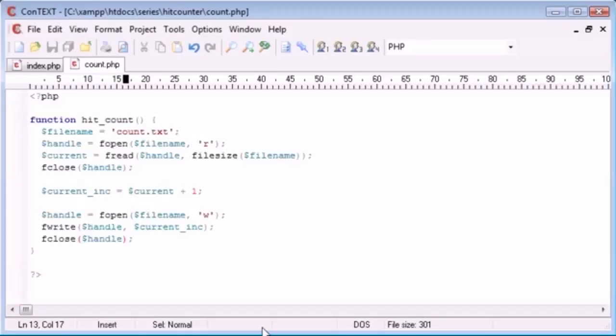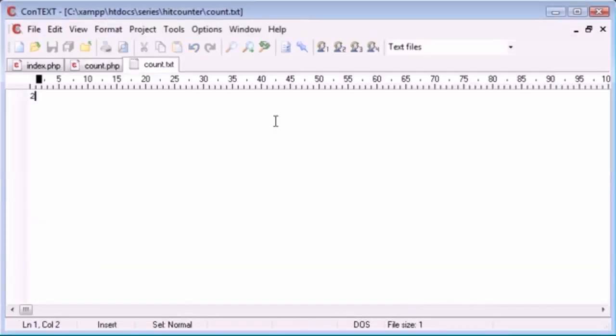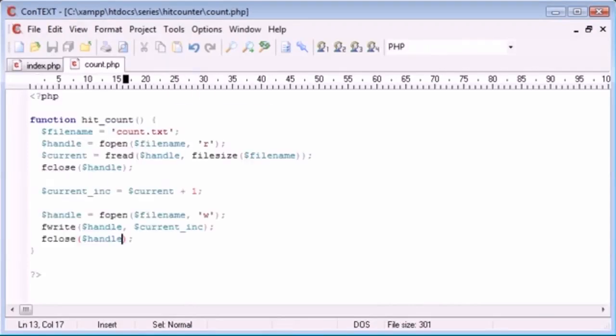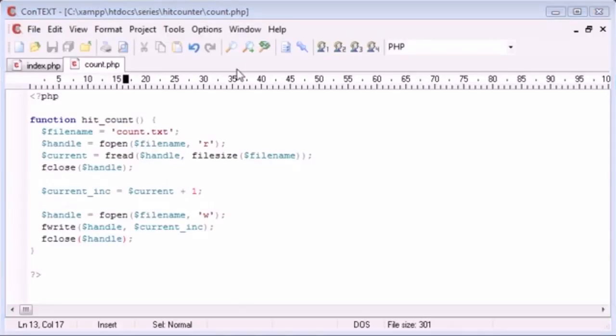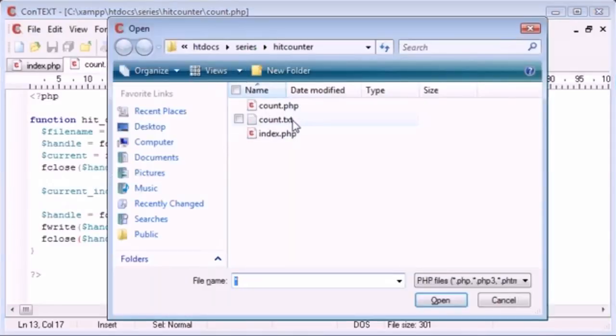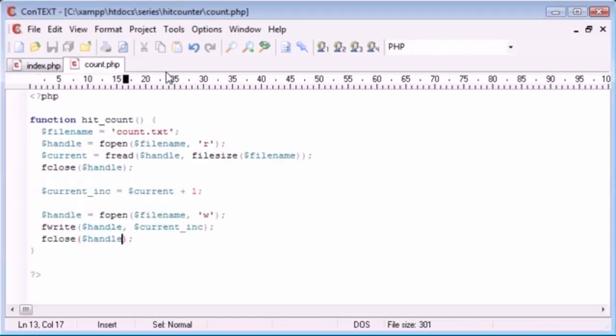Okay, so now let's try and open our count.txt and see what it says. So it's got 2 because I've refreshed the page twice. So now let's close it again, and let's refresh again, come back to context, open up this file, count.txt, and it says 3. So now that we've successfully created our hit counter and we know that it works, obviously